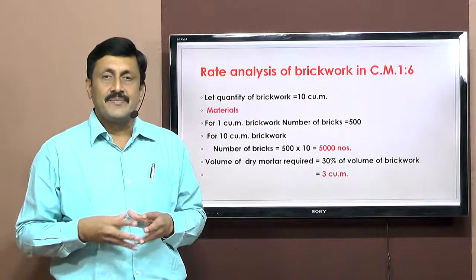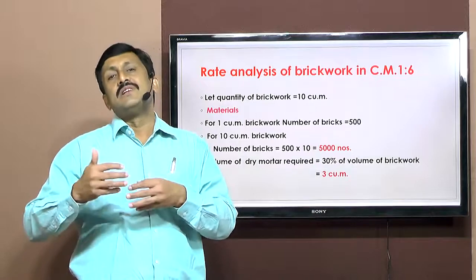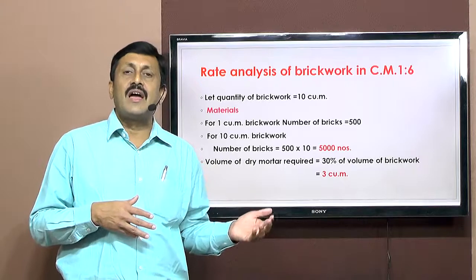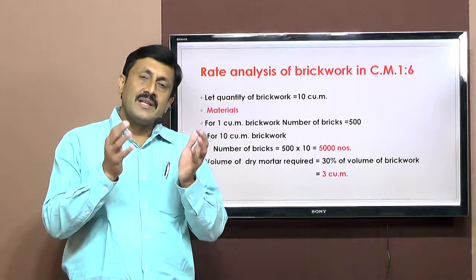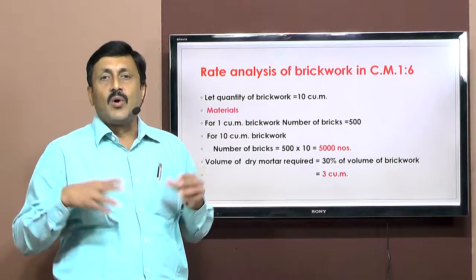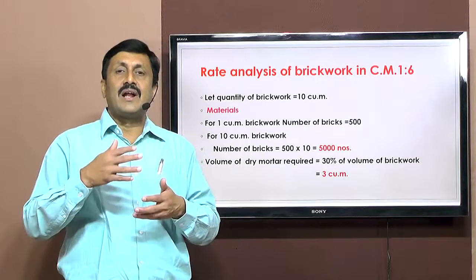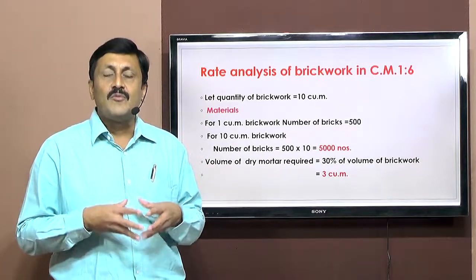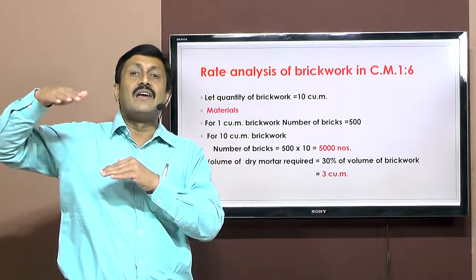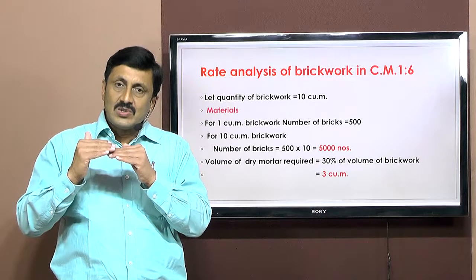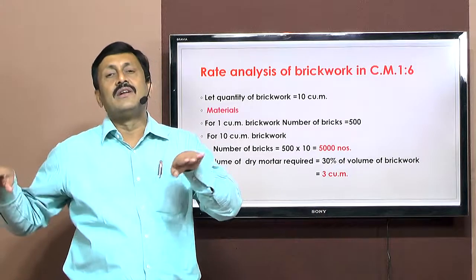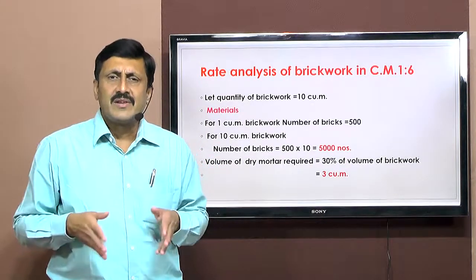In this A plus B, we will add certain miscellaneous expenses. Those miscellaneous expenses may be water supply and electricity charges. Then some lump sum amount we need to consider for scaffolding. Now what is scaffolding? It is a temporary working platform which is provided for the laborers, especially when the work is located at higher elevations. So when work is located at higher elevation, these laborers need some platform so that they can stand on it and they can work. So it's a temporary working platform.